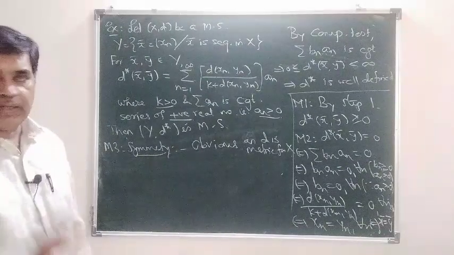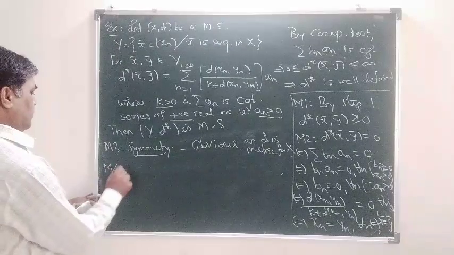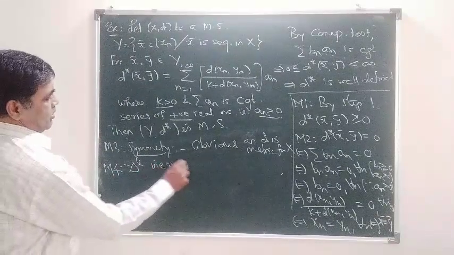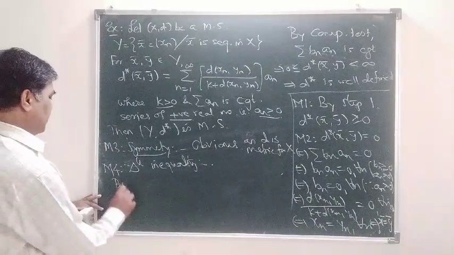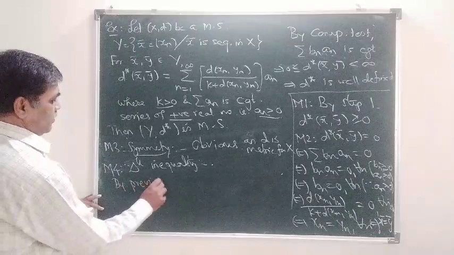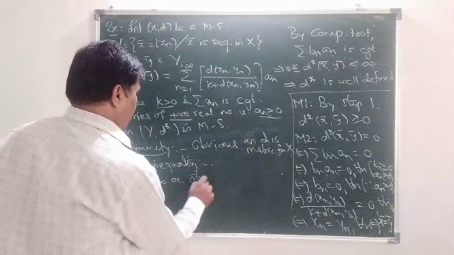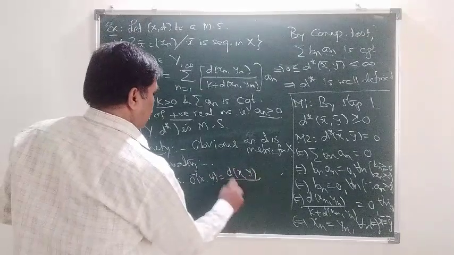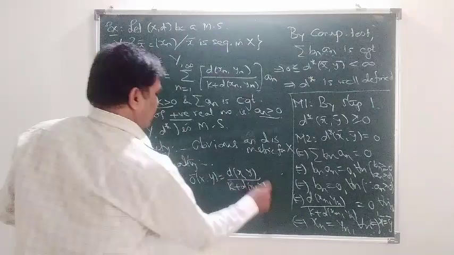The triangle inequality is the important part here. Okay, triangle inequality, M4. So by the previous example, sigma of x, y is equal to d of x, y upon 1 plus d of x, y, or k plus d of x, y, is a metric